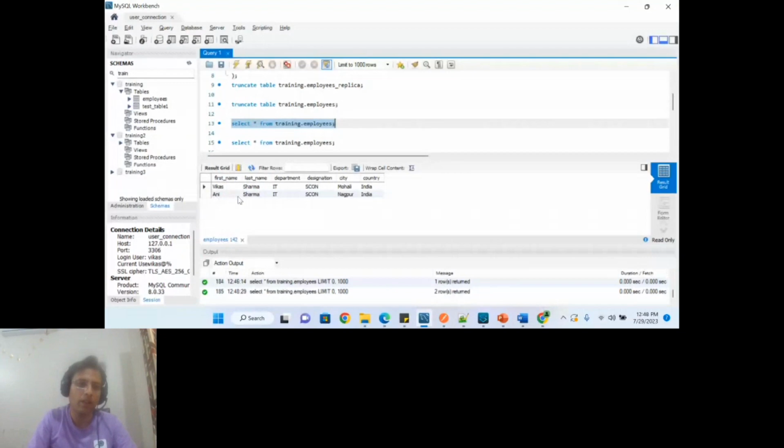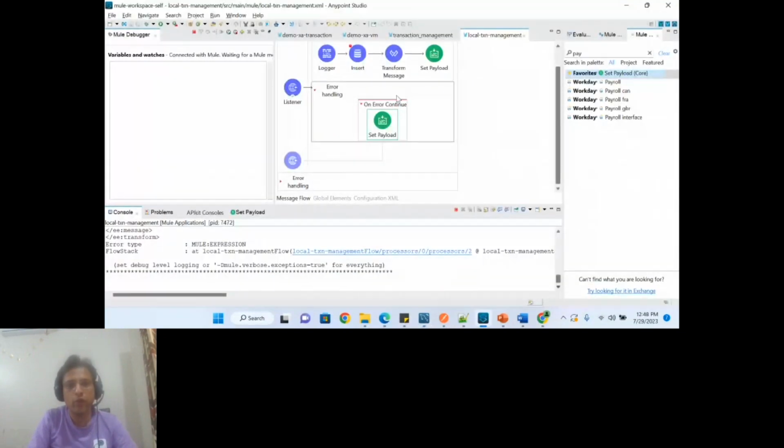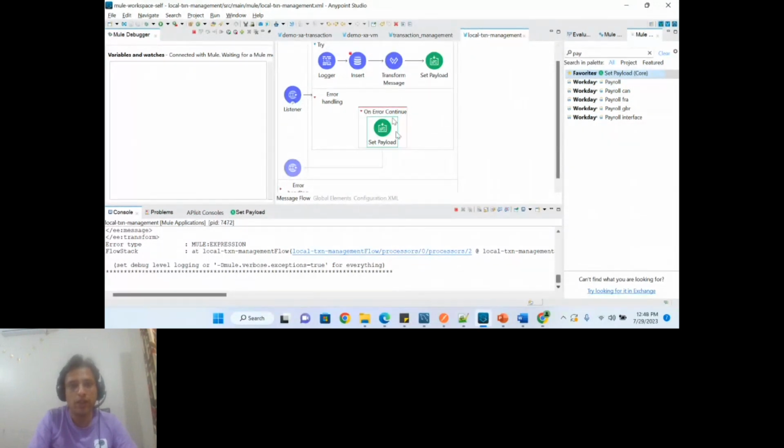See, the second row was inserted. So you have to be careful how you are handling the errors in this try block. If you want the transaction to be rolled back, you have to stick with the on error propagate, because the default error handling is already on error propagate, so you have to stick with that. If you are using on error continue, in this case